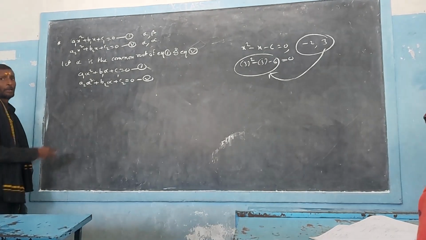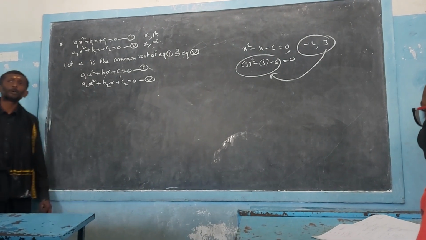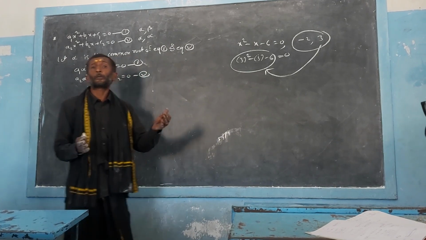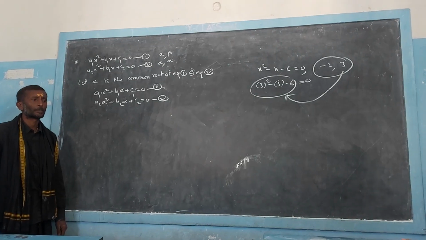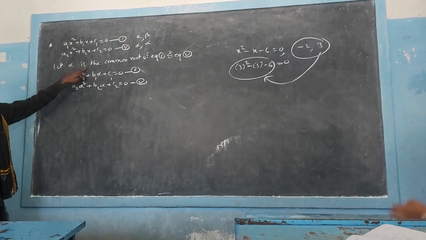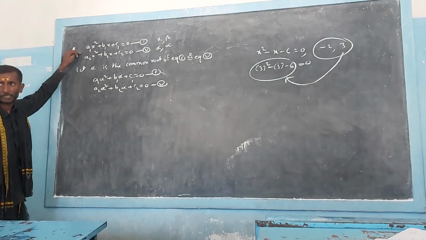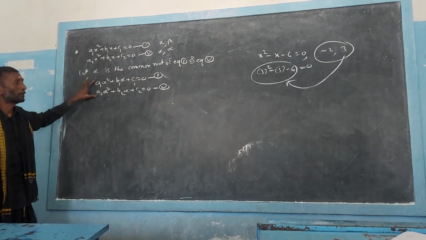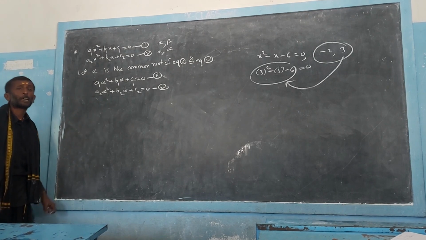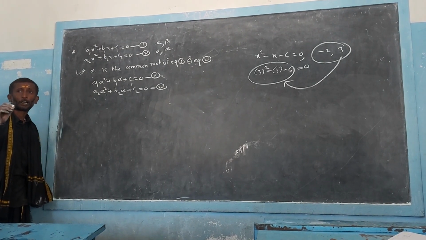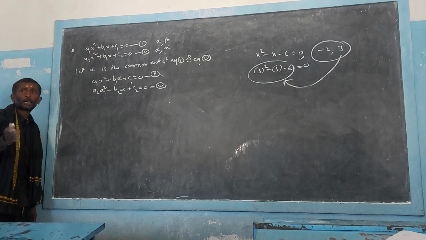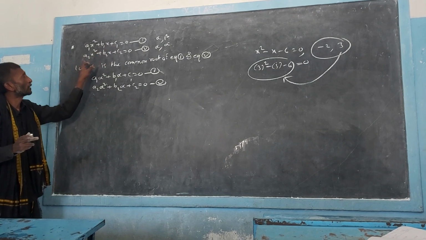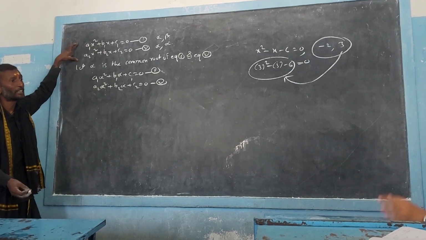Right. This is very important, you need to know. So how do we solve the quadratic equations if you have two equations? We assume that alpha is the common root of both quadratic equations, right? So that means the alpha value must satisfy both the equations. So we got both the equations like this. Now what I am doing, I want to find what alpha is. Alpha is the common root of both the equations, and I want to find the relation between the various coefficients of the terms of both the quadratic equations if they have a common root.